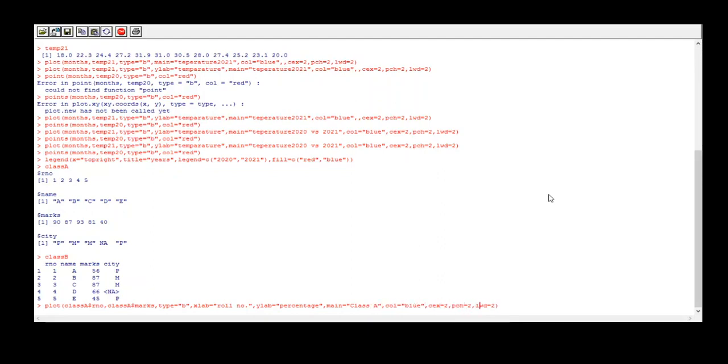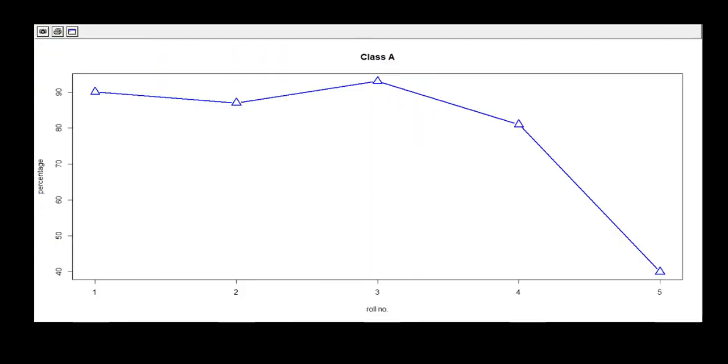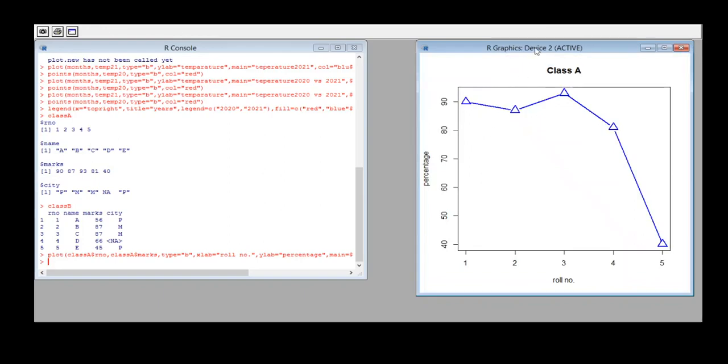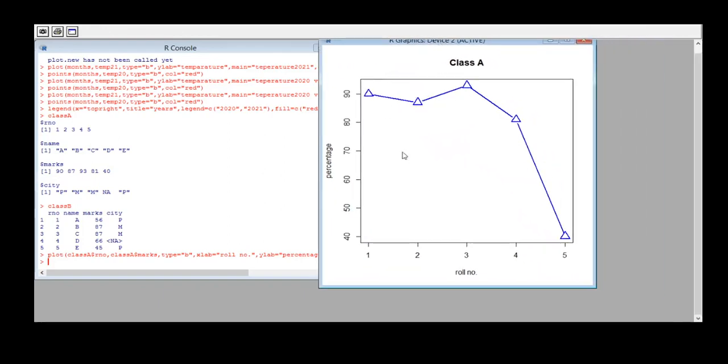Color is blue, and the remaining parameters are as they are. See, this is the graph of class A against roll number and percentage. We have taken data for only 5 students. We can increase the data as per the intake of our class. For demo purposes I have taken data for only 5 students. So this is the graph.